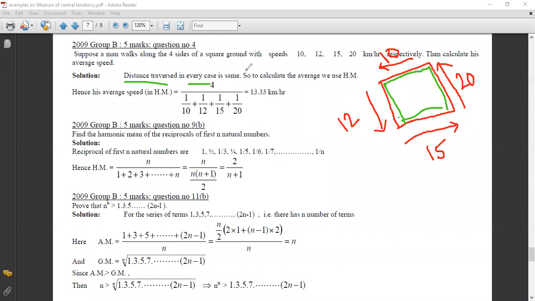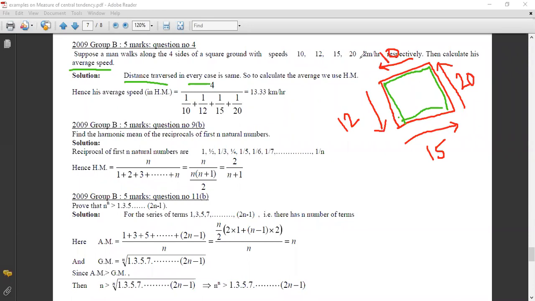Don't use arithmetic mean. Although the speed is given and you try to find the average speed, it is the common practice to use arithmetic mean: 10 plus 12 plus 15 plus 20 by 4. This is the common practice. You always use the arithmetic mean. Average যাকে বলি আমরা. It is the standard স্বাভাবিক ধারণা যখন we try to find the average speed, the average বার করার basic technique সবসময় মাথায় খেলে আমাদের. There are 4 numbers, like 10, 12, 15 and 20. We add all these 4 numbers, divide by 4. This is the common practice we always try.